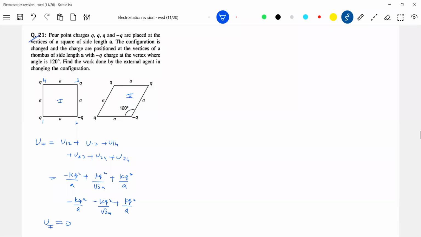Finish, over. Come to the second part. It's like a rhombus. We have to be a little bit careful. Let's see how things will come in this case. It's a rhombus, no? Yeah.